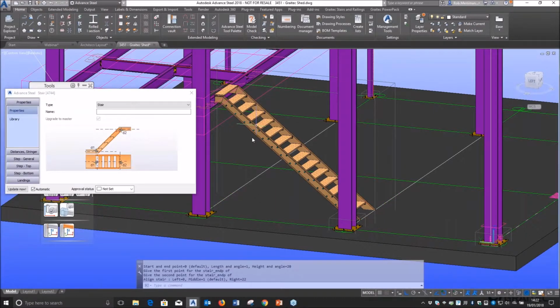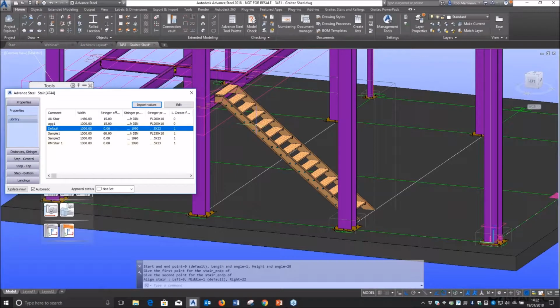And then I get my macro put in to the correct rise and going. So with this stair macro and any joint, you'll see that we have an option for a library. It might take you 5 or 10 minutes to first set up the staircase parameters how you want it. Once you have set that, you can push the import values button and it will add it to the